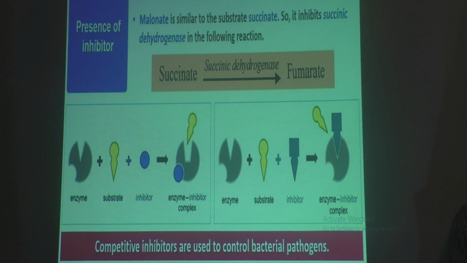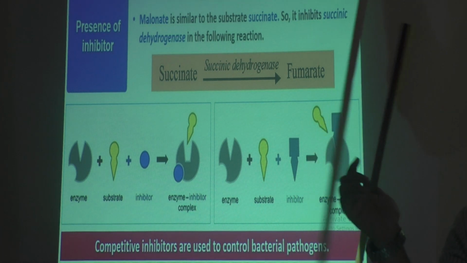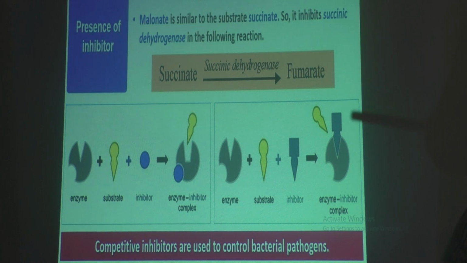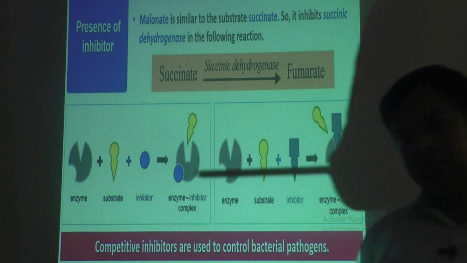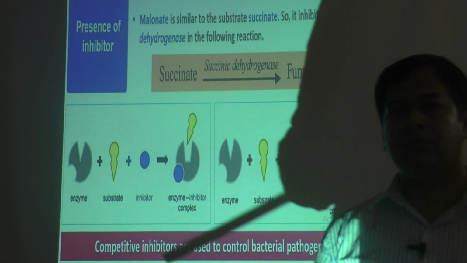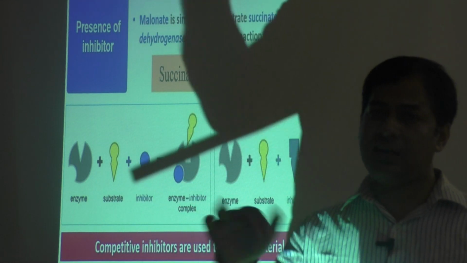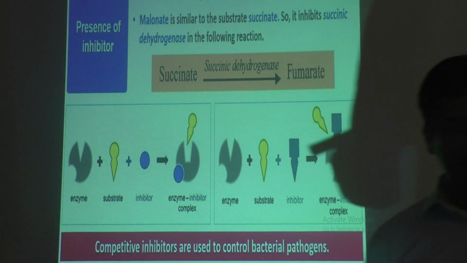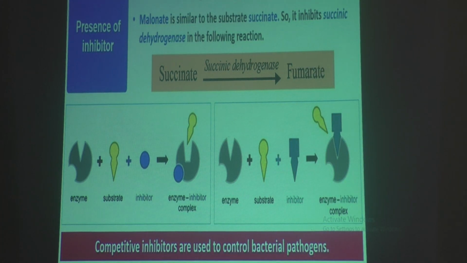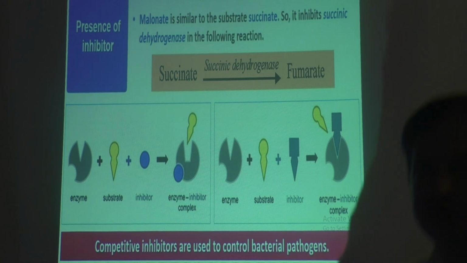Then we will see examples of competitive inhibitors. Competitive inhibitor means there are some molecules which give competition to the substrate, meaning they act like an inhibitor. What are those? We will see now in the reaction. Okay, I think we should learn it in the next class, because in one class we cannot finish. In the next class we can finish this chapter.